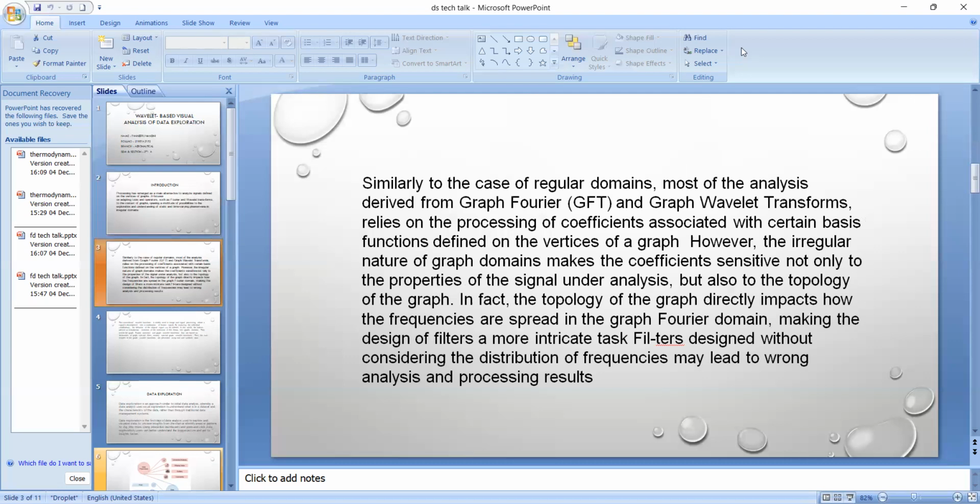Similarly to the case of regular domains, most of the analysis derived from the graph Fourier transform (GFT) and graph wavelet transforms relies on the processing of coefficients associated with certain basis functions defined on the vertices of a graph. However, the irregular nature of graph